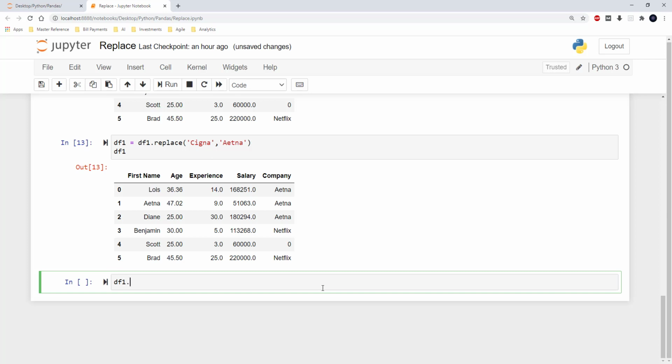So here I am again using the replace function, and I am going to use regex. Using this, what I wanted to show you is I wanted to replace all the values in the company and make it not applicable or maybe unknown.